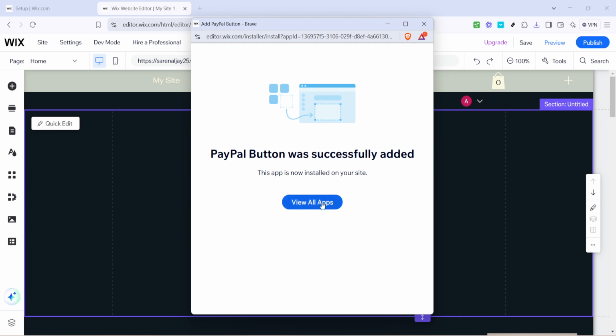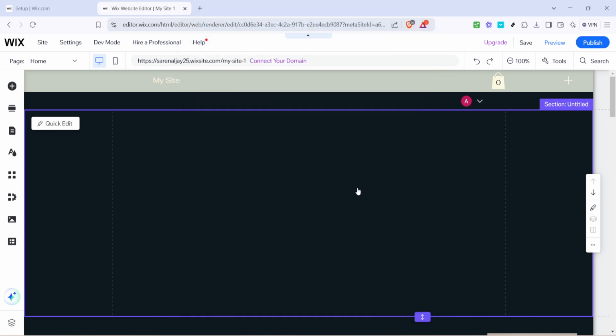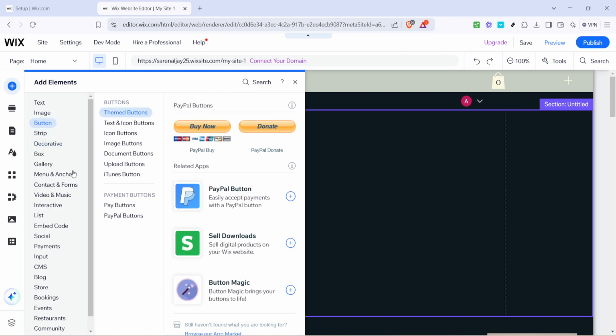Following this, you'll need to specify what the product is called. Being clear and concise here helps your customers know exactly what they're purchasing. After naming your product, you'll move on to setting the price. Make sure it matches the pricing you currently use across your platforms to maintain consistency.